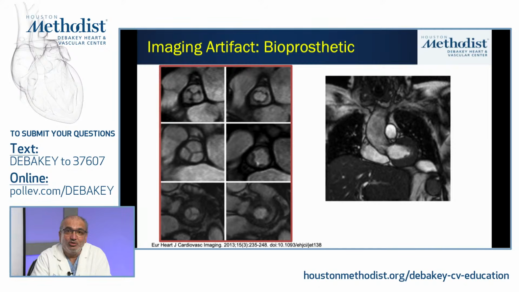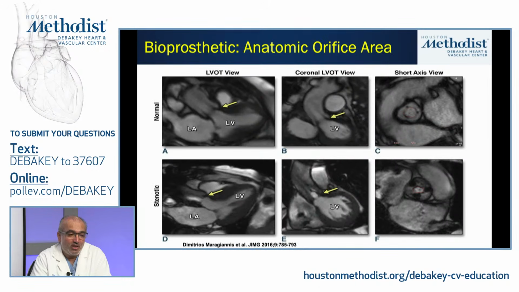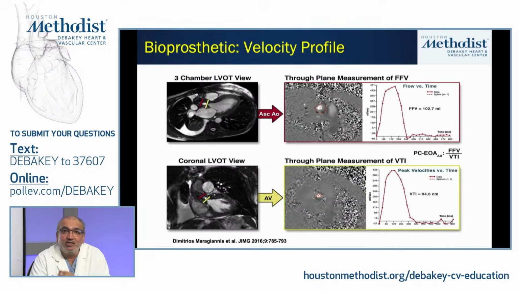And I'll go through and show you an example of one study which looked at this, and this was from one of our former fellows here, which looked at a series of patients, nearly 100, with bioprosthetic valves, and the goal was to try to assess anatomic orifice area as well as effective orifice area by MRI and compare that to echocardiography. And so the strategy that was taken here was to essentially do a phase contrast at the level of the valve itself and then compare that to a reference area either in the LVOT or distal to the